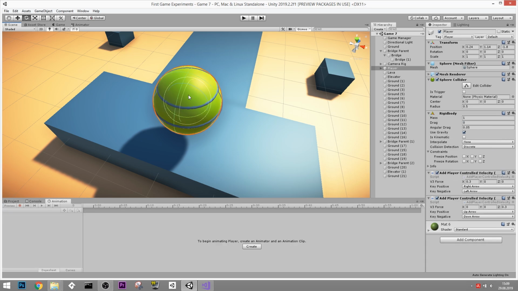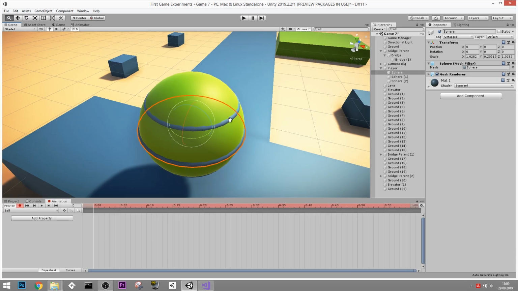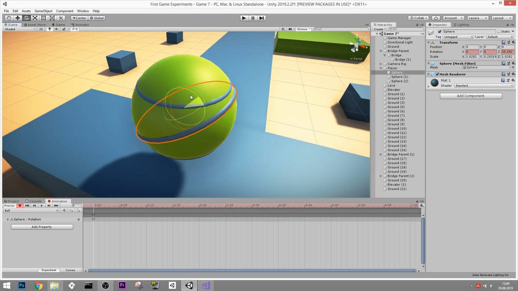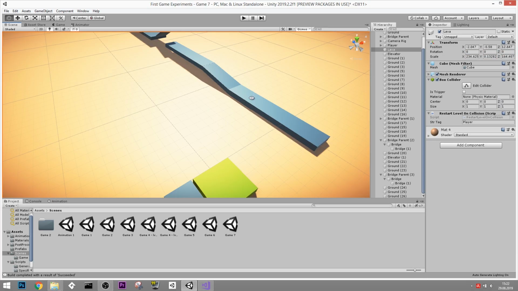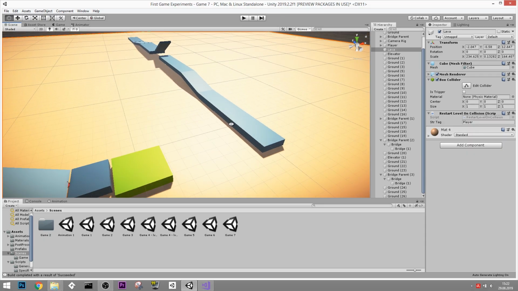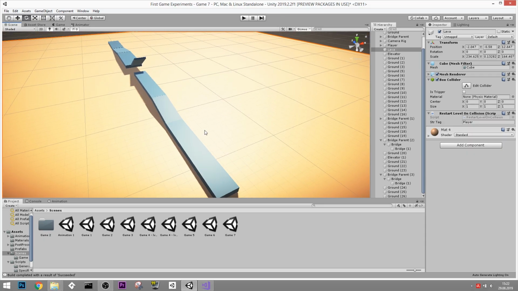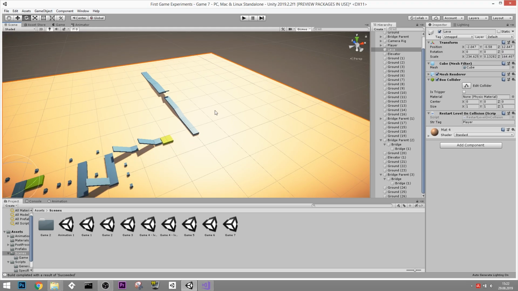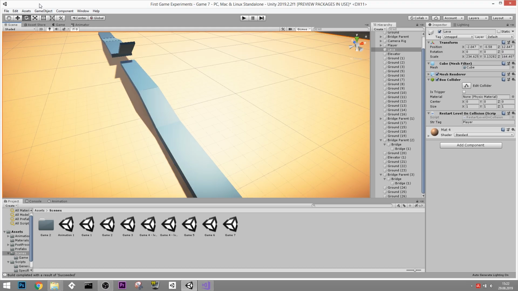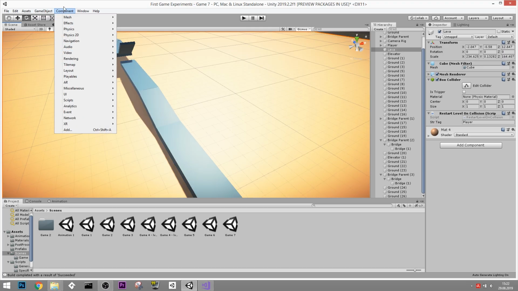Now while we're at it, let's also give our ball here a little bit of an animation. I'll just start out by animating one of these rings here, making that flip from one side to another. So now this ball also has a little bit of an animation. You really have to understand that being able to animate stuff opens up so many new creative possibilities. For example, I can create some patrolling enemies right here. I'd really encourage you to try that out by yourself, but if you want to see how it's done, we can